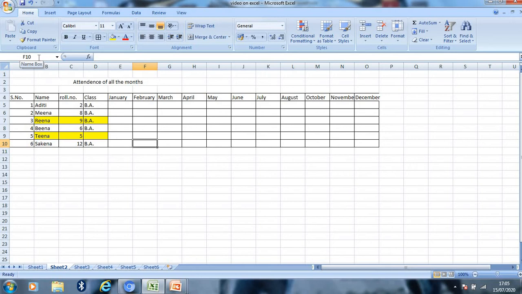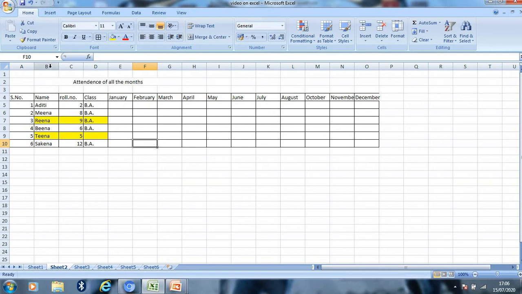Now sort data in the worksheet. How can we sort particular data in the worksheet? As you know, when we create some list, sometimes we want some sorted list out of that. It may be alphabetically. If I have some names and I want to sort them alphabetically, it is a very untidy process if I do it manually. So we can do it using MS Excel very easily.